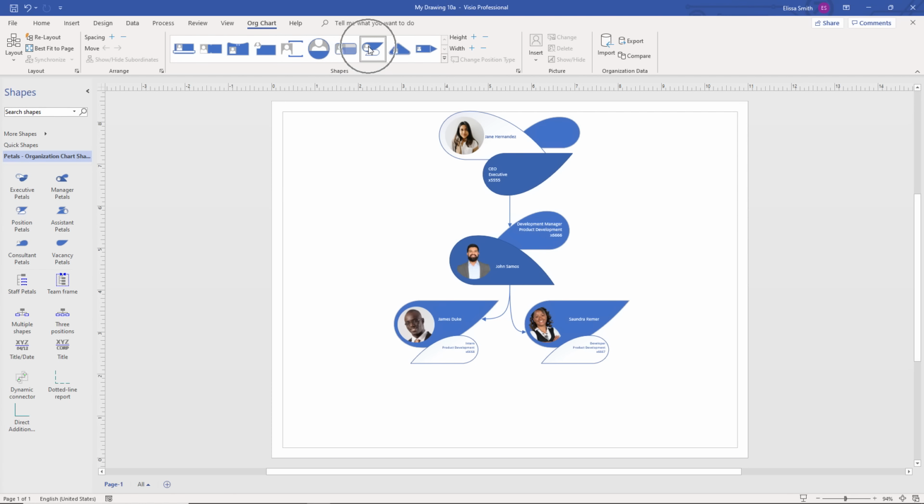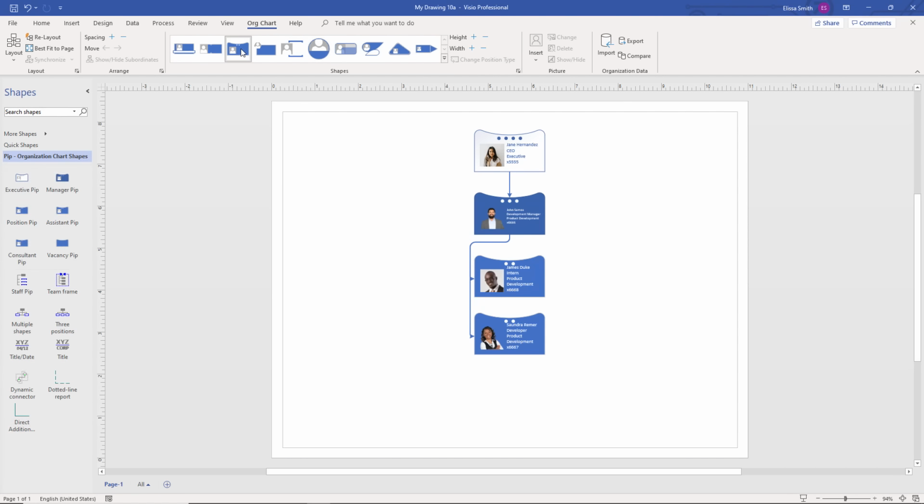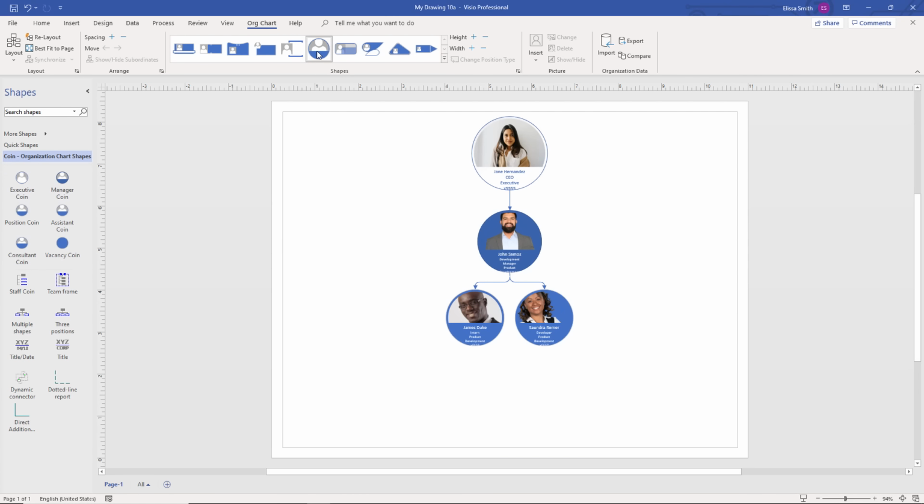This is the petals org chart look. There's also one called coin, which makes everybody look like a coin. And then you have some that are still using more of the box style, but a little bit of a different indented look. And you can see here how it really just allows you to create an organizational chart with a different feel. So again, when it comes to updating the look of your org chart after you have it established, don't be afraid to come in and go to the org chart ribbon to really explore some other